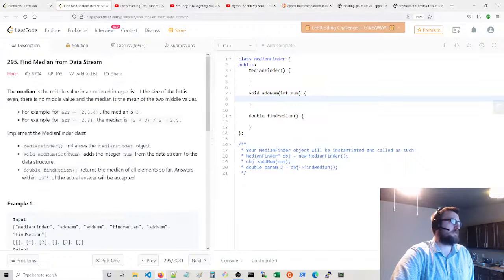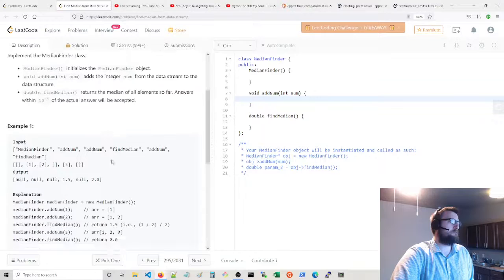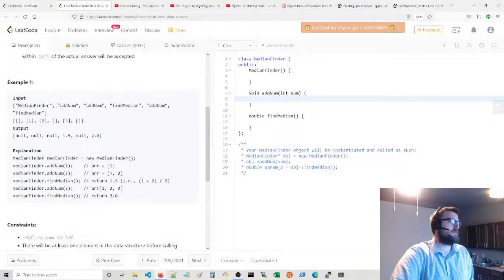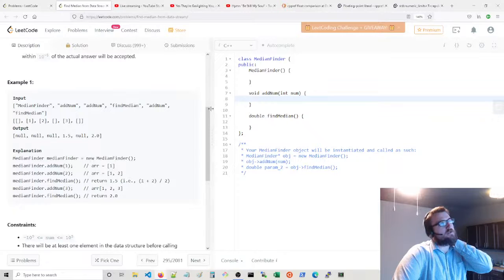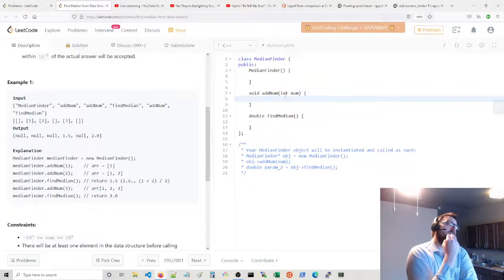Anyway, I'm pretty sure I already know what I'm going to do for this question, by the way. Median of all elements so far. Answers here: median, add num, find median, add num. Yeah, so I think the easiest way to do this is to use a multi-set for this. It's probably better to do it that way. The tricky thing with multi-sets is, no, actually, this should be fine. That actually works. You're going to use a multi-set, add numbers and remove numbers from the set, and it'll keep it ordered, so you could do this in logarithmic time. You could add numbers in logarithmic time, and you could find the median in logarithmic time. You could just use a pointer in the multiset to